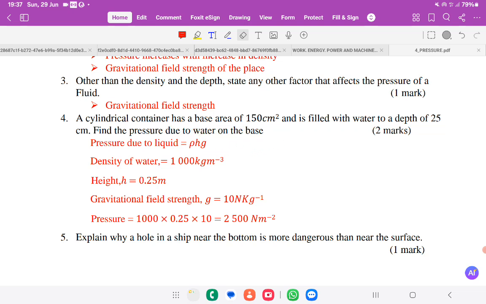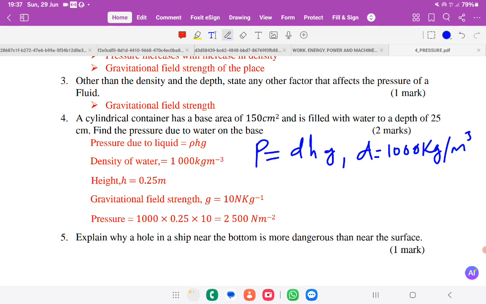All right, so liquid pressure is expressed as density multiplied by height multiplied by acceleration due to gravity, or gravitational field strength. But the density of the water, we need to remember all the time, is simply 1,000 kg per cubic meter. This is the density of water, and you should know it by heart, but in an exam they'll tell you. And the height, we are told the height is